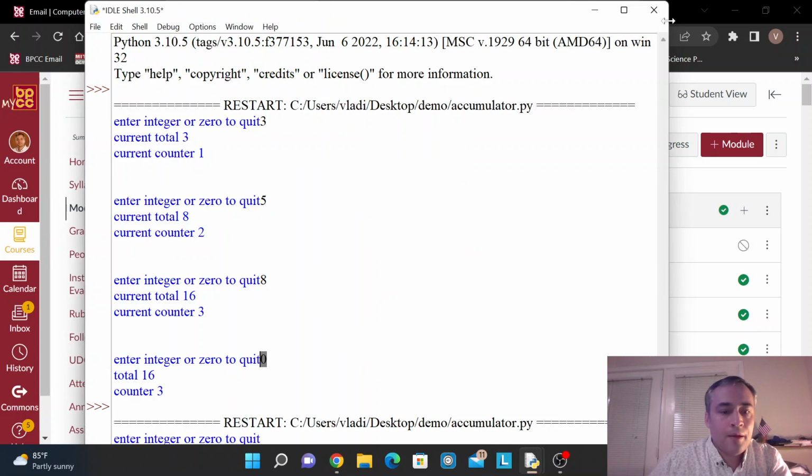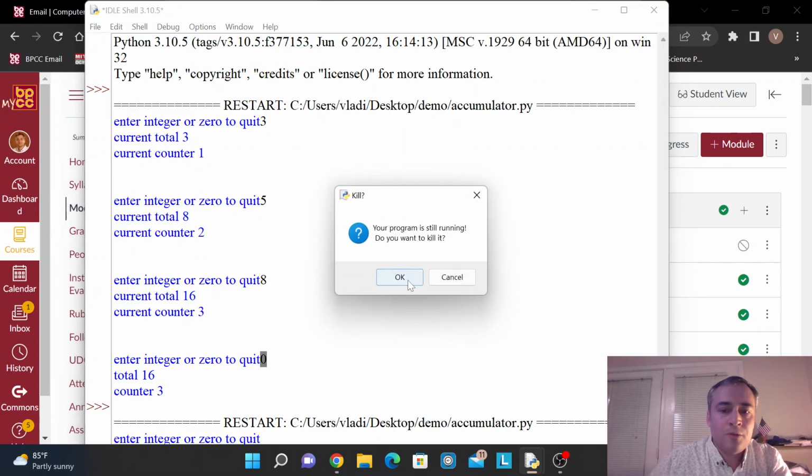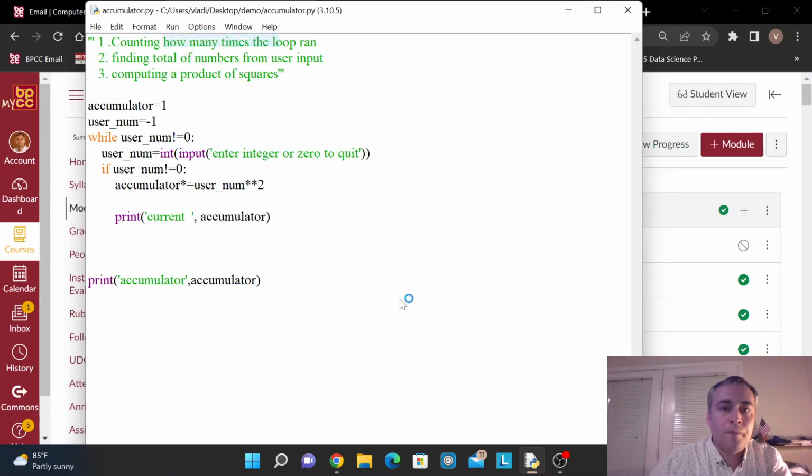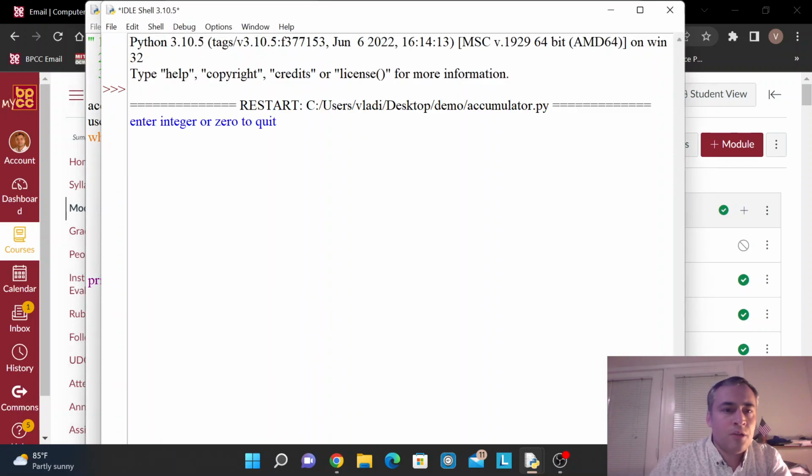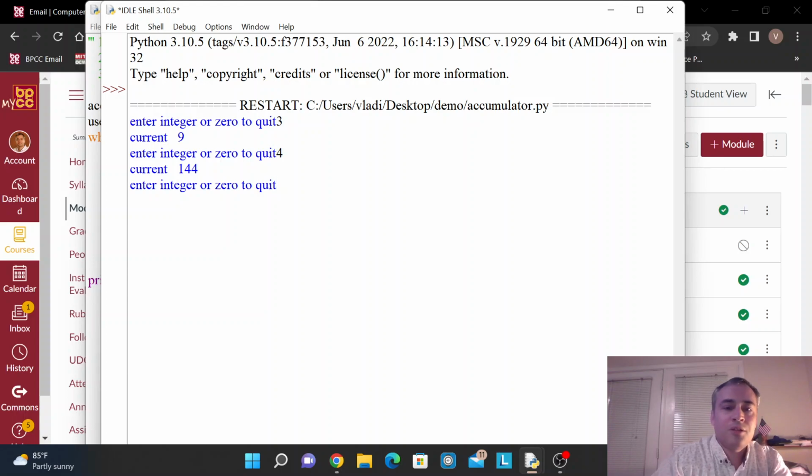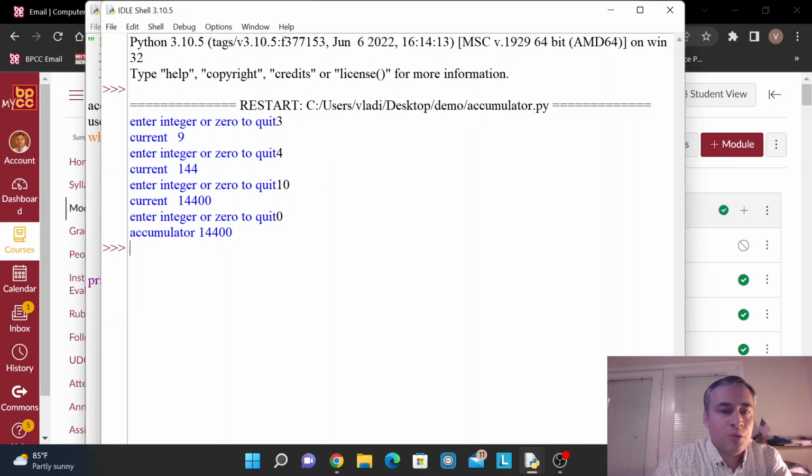Okay, let me restart the IDLE for clarity. Run, and enter 3. So this is the product of squares. The first square is 9, so this is what we see. 4, 144, 9 times 16, and let us do something nice like 10. Here we go, and finally 0 to quit. And everything works. So